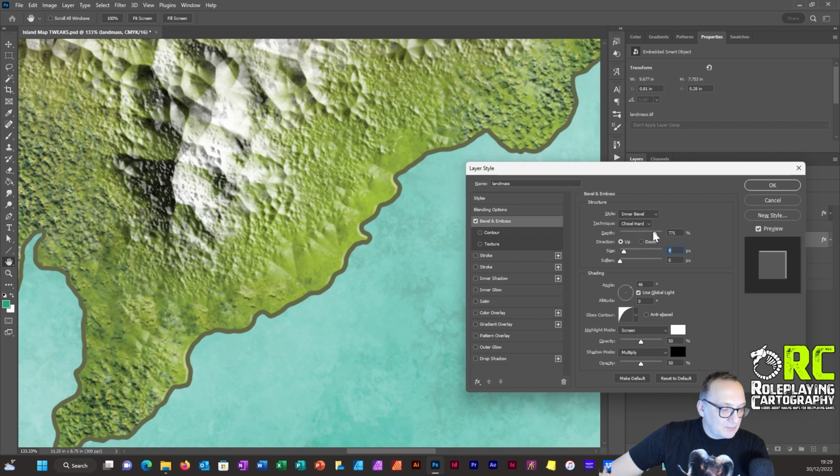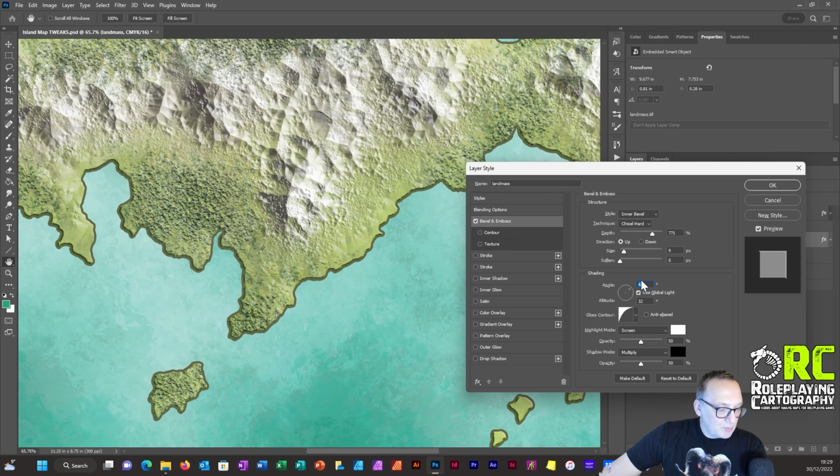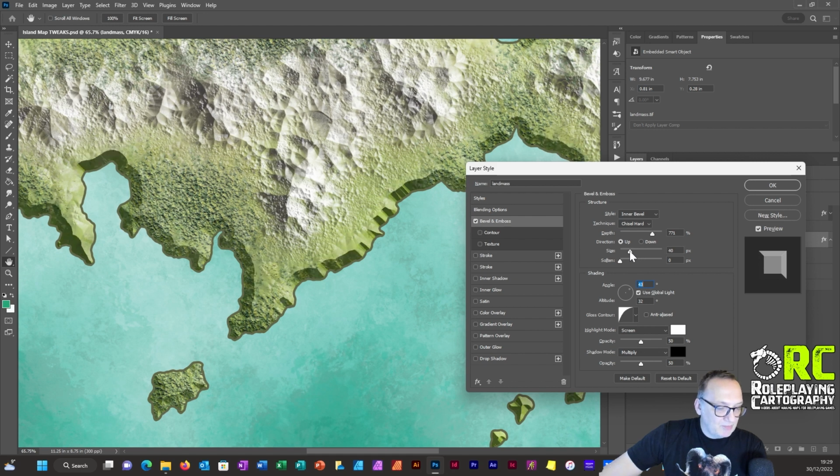Just make the depth a bit more. It's probably a bit too much. So you just have a little bit of a play about with this. We don't want the size to be too far. I just want that little bit to,